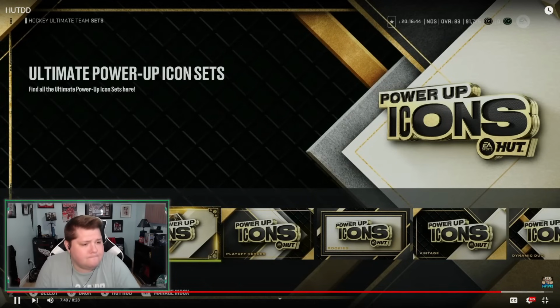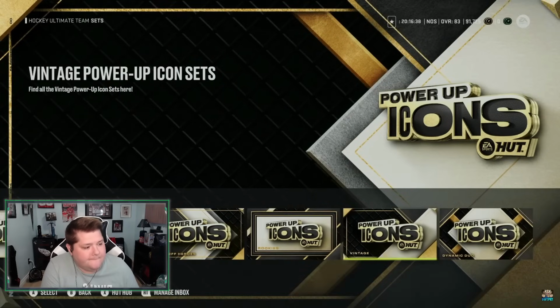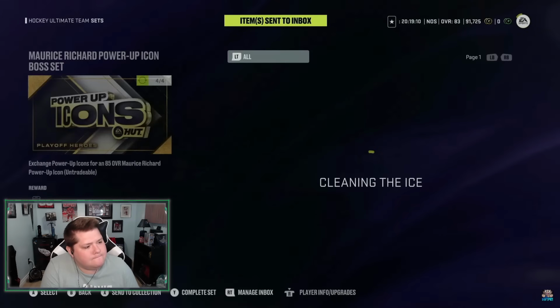Now, the big change to the PowerUp Icons this year will be the fact that they are broken down into 4 separate categories. You've got Playoff Heroes, Rookie Cards, Vintage, as well as Dynamic Duo. Now, once you are able to collect the 2 headliner items...